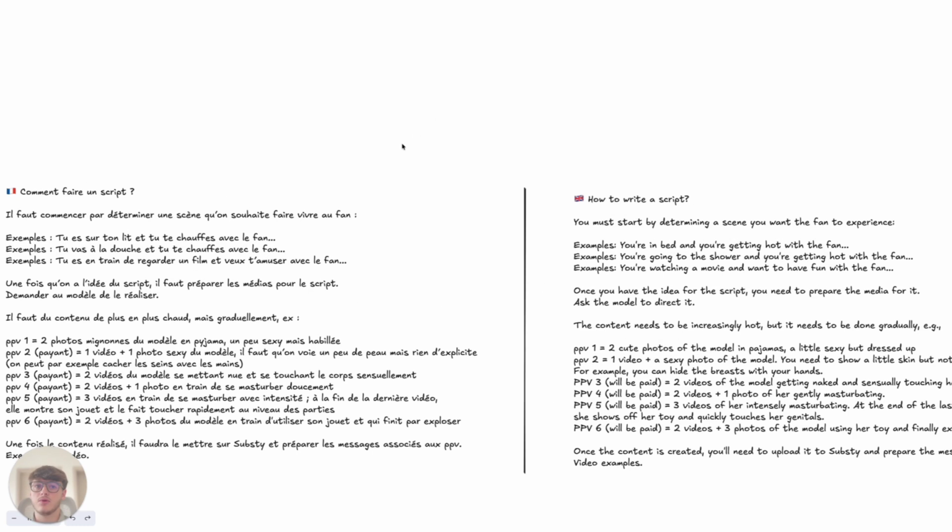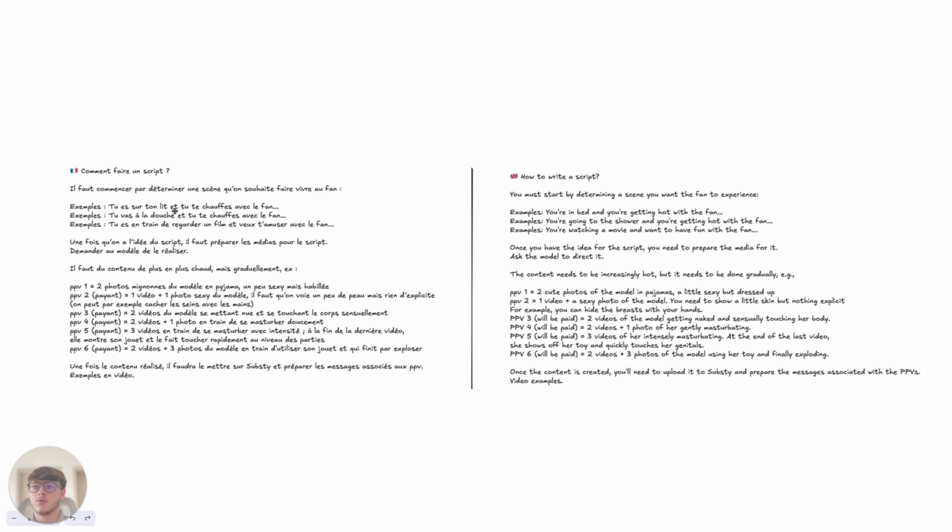So here's an example of a script. For example, we could put PPV 1, 2 cute photos of the model in pajamas, a little bit sexy but still dressed, to go gradually. We could imagine a second PPV, this one paid, with a video plus a slightly sexy photo of the model. We see a bit of skin, but don't put directly content too hot,